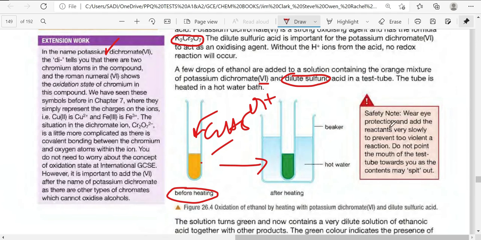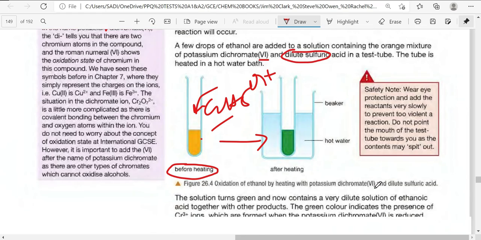Now, a safety note: when you're working in the laboratory, definitely you have to be very careful. Wear eye protection and add the reactants very slowly to prevent a too violent reaction. Do not point the mouth of the test tube towards you, as the contents may spit out, and if they're heated up, definitely they can burn you and they can